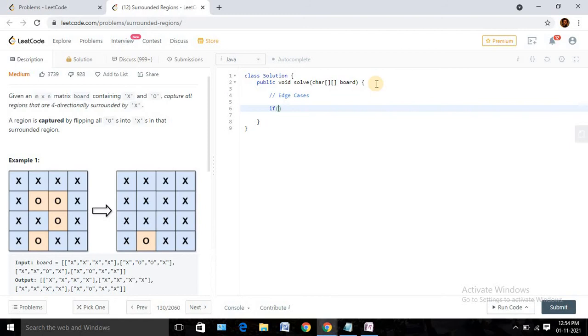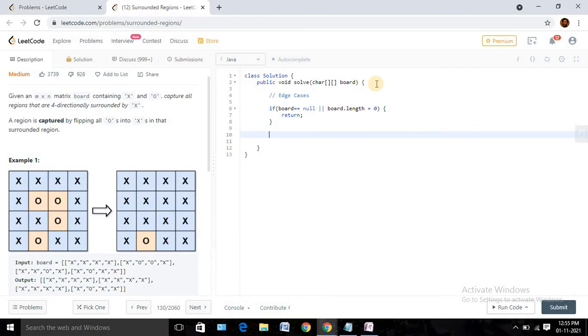One condition can be that our board array is null. That can be a possibility. If I see my board is null, then I can stop executing the code here, because we can't do anything for a null array. Or the board length is 0, so it's basically a null or empty array. In this case, since the return type is void, we can just return from here. We don't need to execute further.